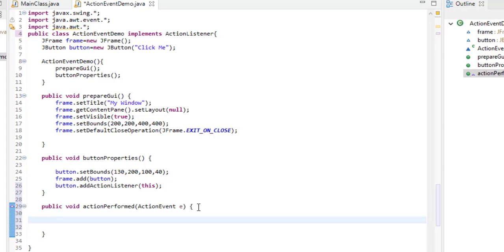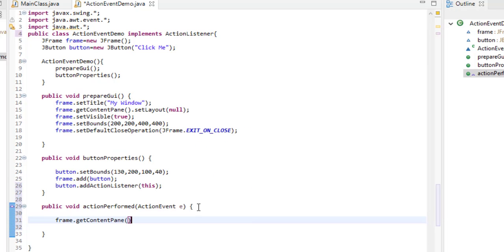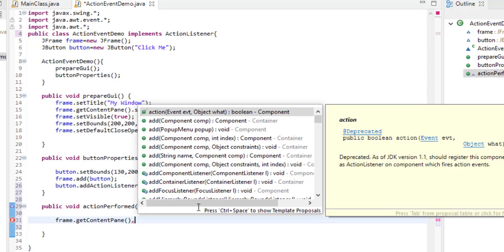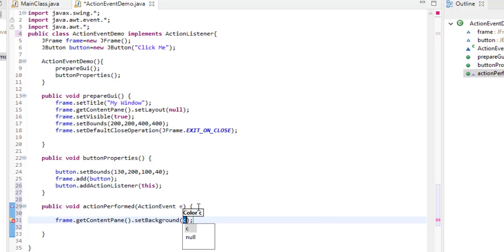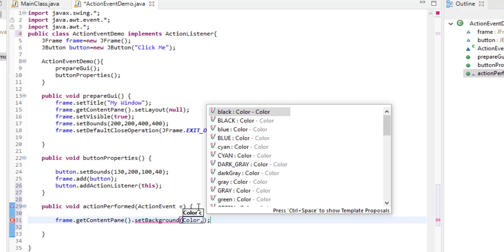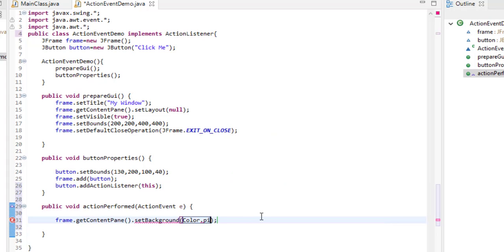We want that the background color of the JFrame window should be changed. So we will change the background color of the JFrame using frame.getContentPane().setBackground, and then we will use the Color class, Color, and then we will use the constant, and we want that it should be changed into pink.